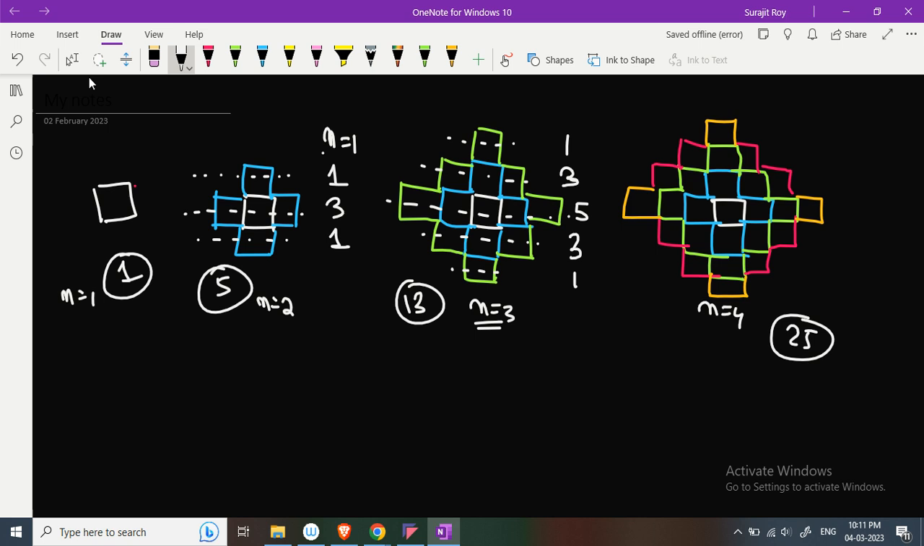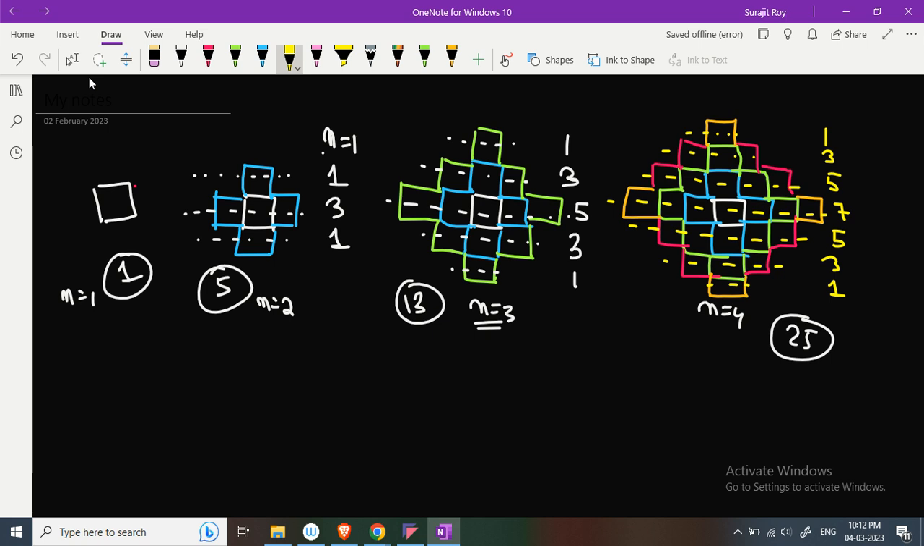In the last case, if you see the levels, we have 1, again 3, again 5, again 7, and again 5, again 3, and again 1. So if you observe, it is actually forming a series. Now we will generalize the sum. So how can you generalize? As you can see, for n equal to 4,